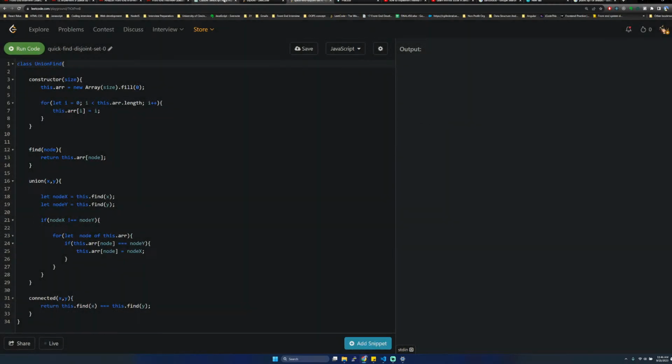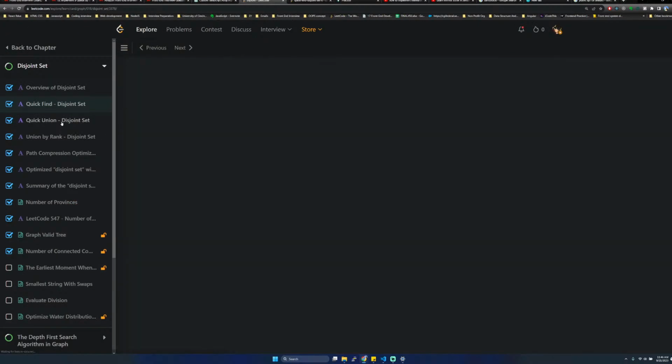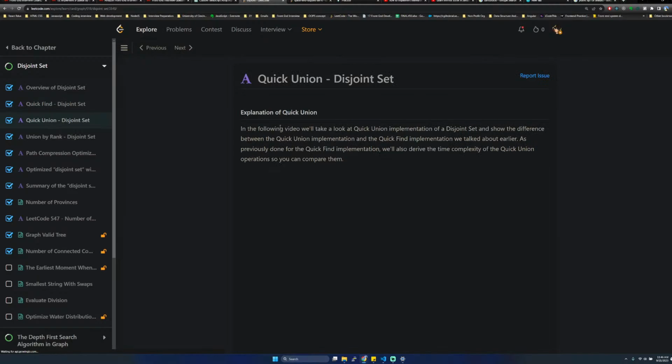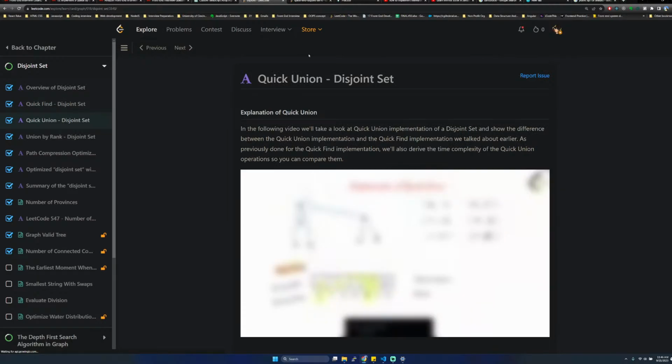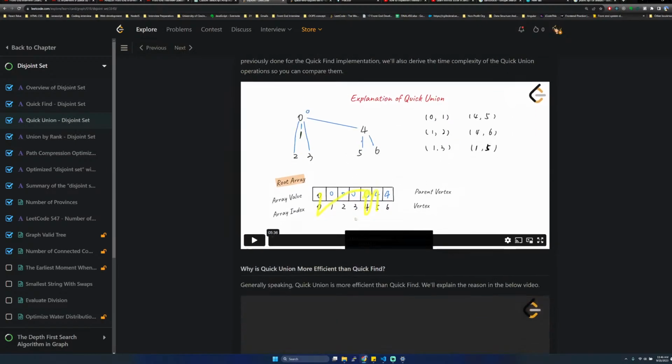Okay, let's see. So let's go and let's do quick union. In the following video, we'll take a look at quick union implementation of disjoint set and show the difference between quick union implementation and quick find implementation we talked about earlier. As previously done for the quick find implementation, we will also derive time complexity of